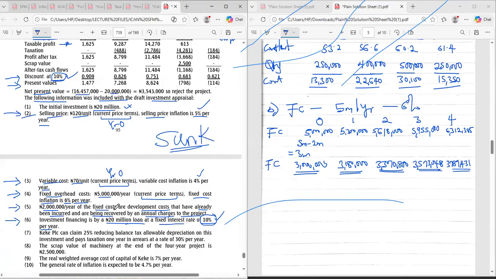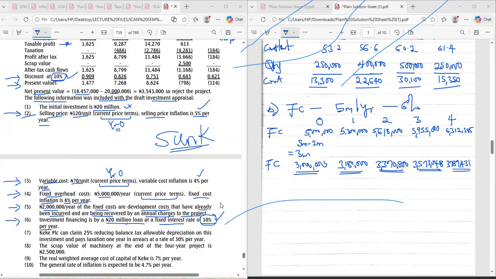Online, talk to me. Can I say something? Definitely, you can. I'm not sure, but I think it is not right for him to have used that as the discounting factor, because that 10% is supposed to be the interest on the money. So I don't think that's what we should use to calculate the net present value.